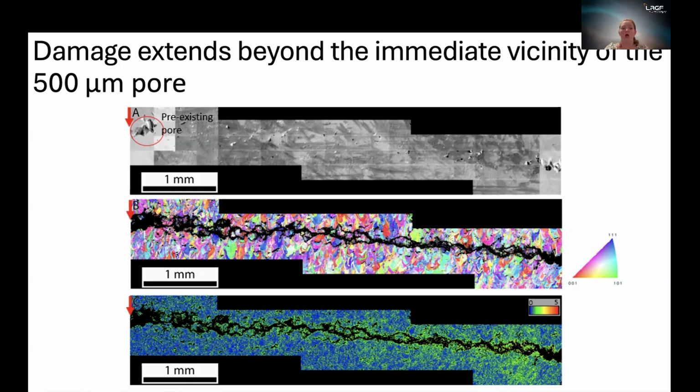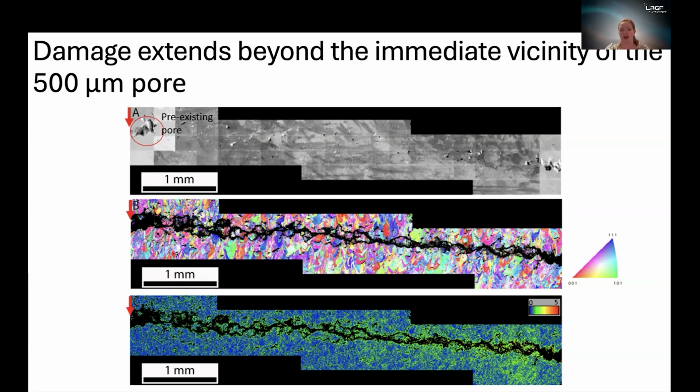is at the bottom. So in the EBSD, what's important is that we see there are a lot of these black regions that are beyond what we see for the pores in the SEM image. So this means that there are lots of regions that we were not able to map, most likely because of too much damage in that area. So we see that there's a lot of damage concentrated right around the pre-existing pore